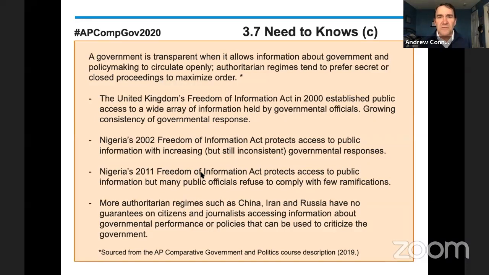We know that in countries that have more of a democratic tradition, like the United Kingdom, they tend to comply with those FOIA or Freedom of Information Acts more consistently. But we've also seen political scientists and journalist groups report that,